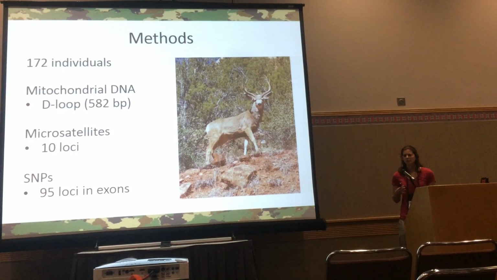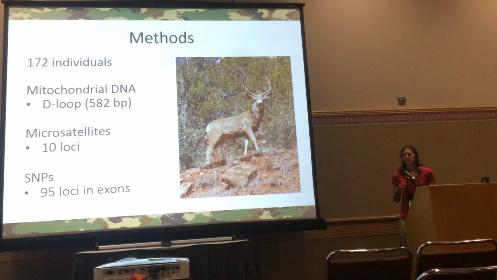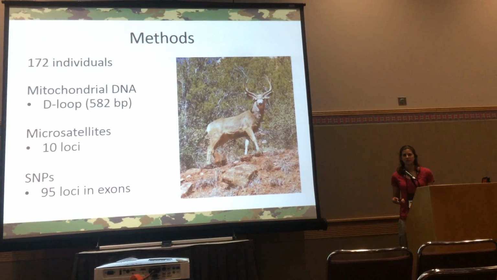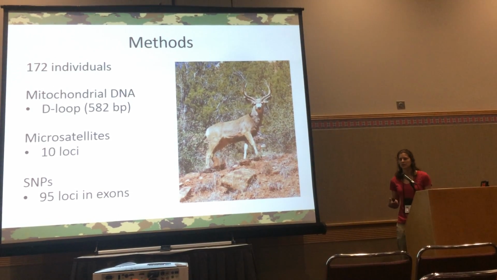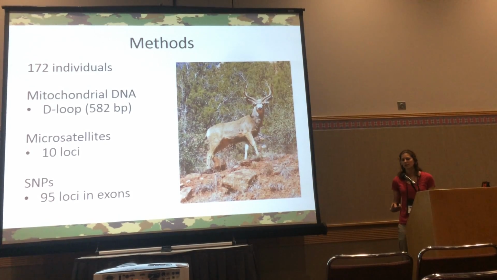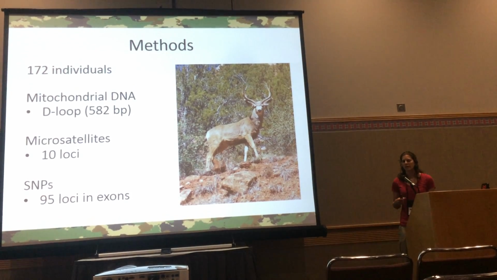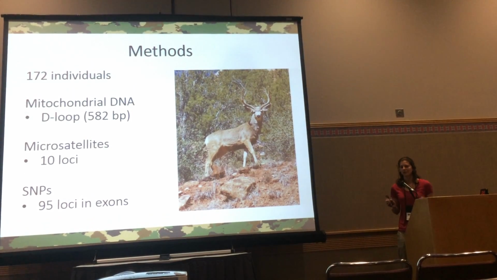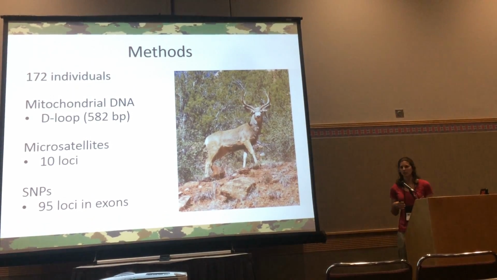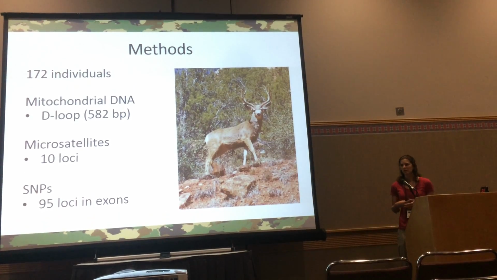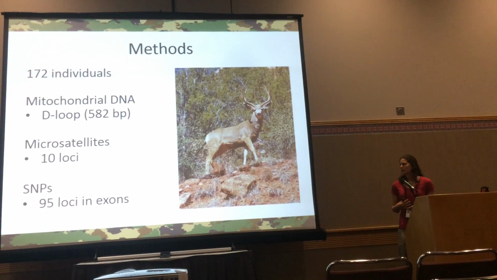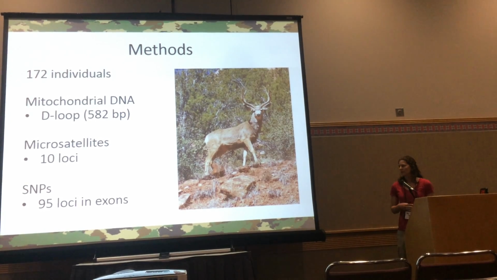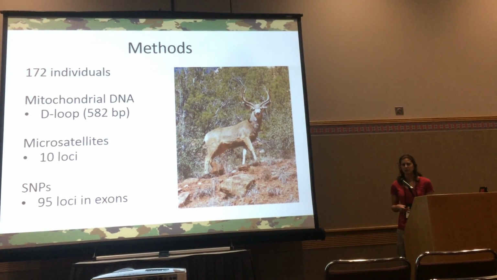And after our filtering process, we identified SNPs that we thought were in genes that may be involved with mate choice. So genes involved with olfaction, those involved with immune function, and we also handpicked SNPs that were really good at splitting into lineages, so ones that were fixed in either one lineage, the other, or both. So we ended up with 95 SNPs that we later screened across the remaining 165 individuals.